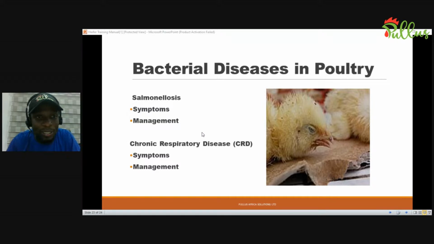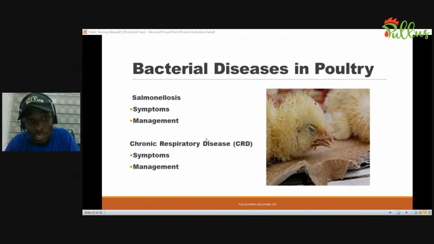So when you are managing this problem, ensure that there's adequate ventilation for your birds so that you don't keep them in a room or a space that lacks ventilation. That's one. Number two, also ensure that you avoid any form of dusty material, maybe your bedding or maybe the environment, because that can also make it worse. Even though you are treating them with the right drug, the time it will take for them to actually heal from this problem might take longer.